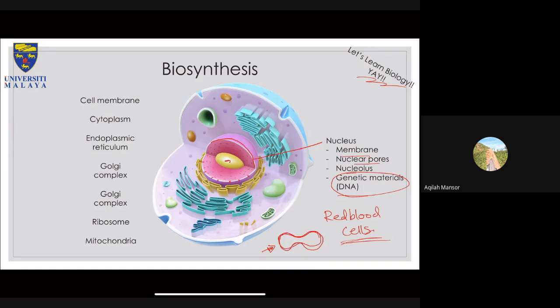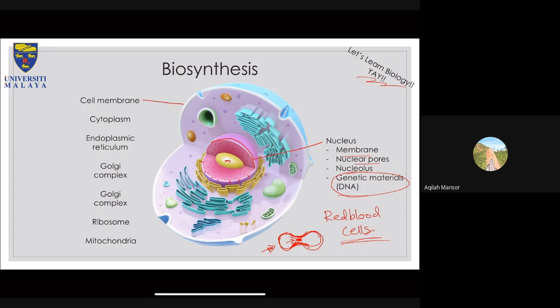Okay, so that dip in the middle is not because the red blood cells are on a diet. It's because originally the nucleus is there, but when you take out the nucleus, there is more space inside the cell. Thus, it becomes a thin layer, not thin layer chromatography, a thin layer of red blood cells. Now, other than that, what else do we have?